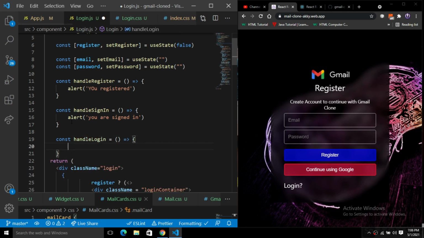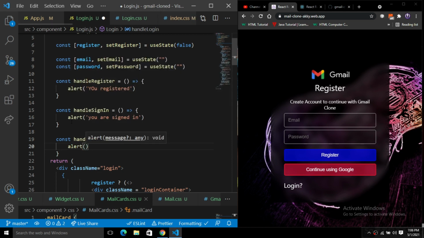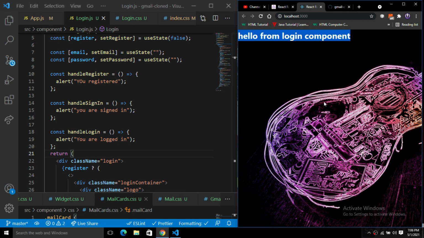Okay, so for the handleLogin we have an alert. So let's just put this alert here, and here we have a login. So, "You are logged in." Just pass this inside of this alert here. So I'm going to simply save this, and now you will see here we have a very nice card